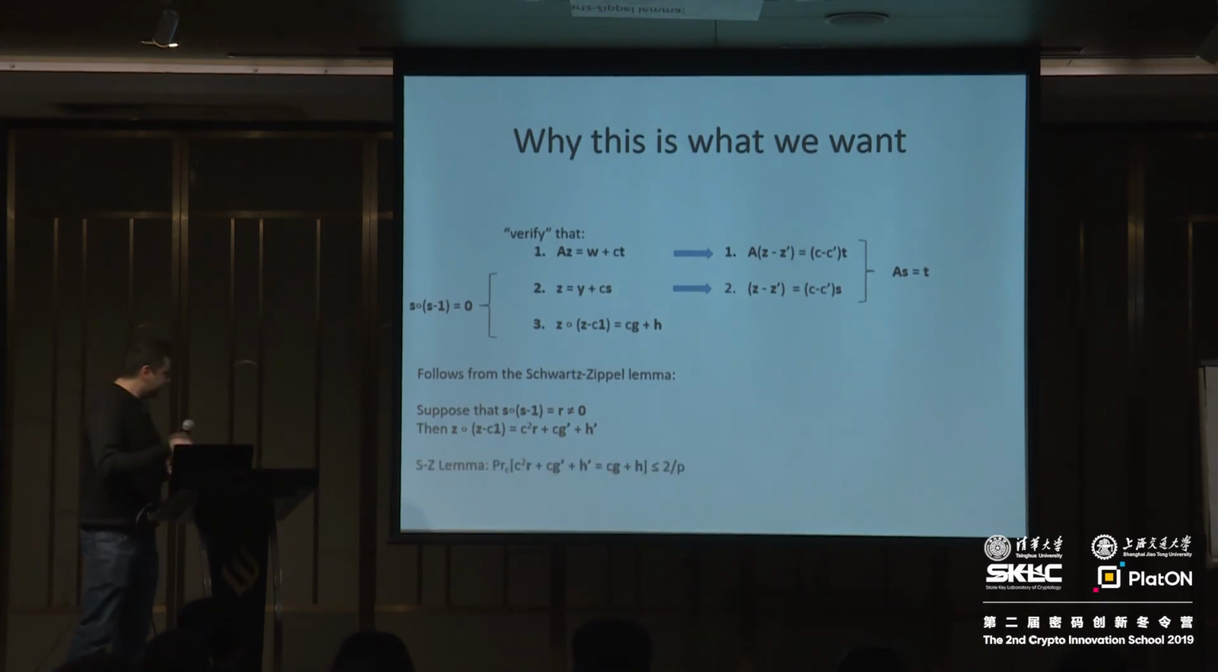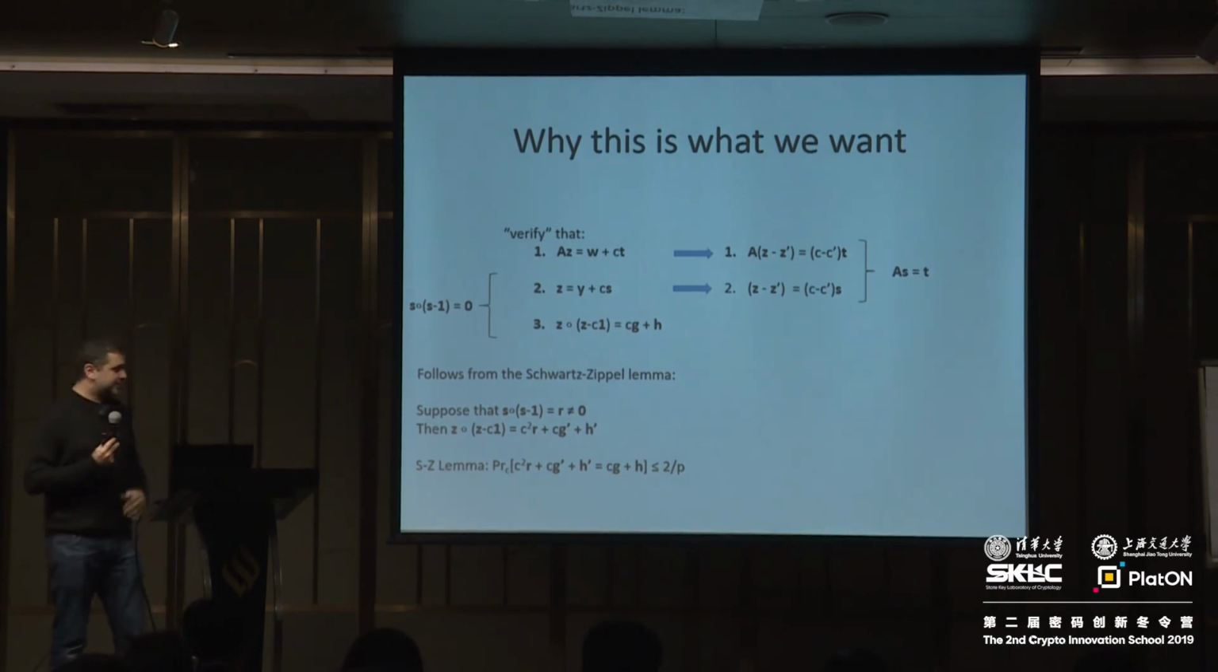The Schwarz-Zippel lemma says that, in the simplest form, you just use the fact that a degree d polynomial has only d roots. So the probability that you will guess a root is d over the size of the field. So basically, the idea here is that if there was this r, then the verification here,